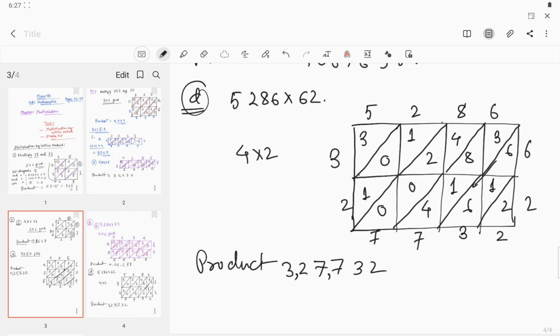If you have any problem, then you can ask me in the class. Please try to learn. This is the simplest way to do the multiplication,